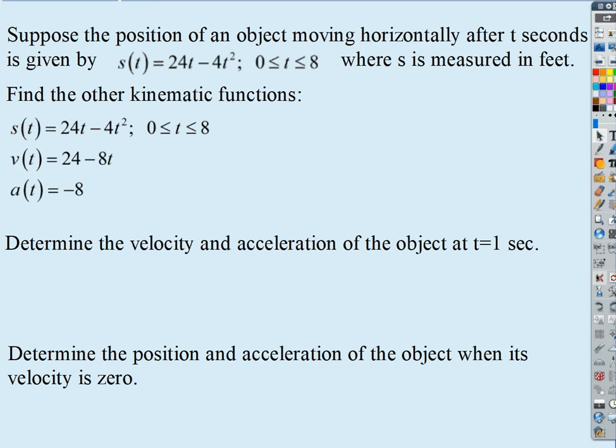Okay, so now let's look at this problem. It says determine the velocity and acceleration of the object at t equals 1 second. Well, how would I do that? That's no big deal. Plug in 1 into the appropriate function, right? So for this part, all I've got to do